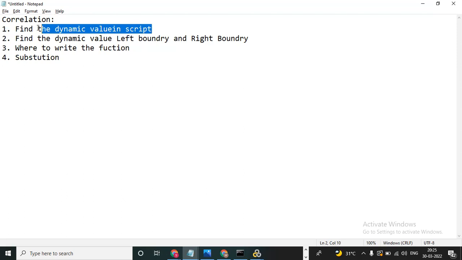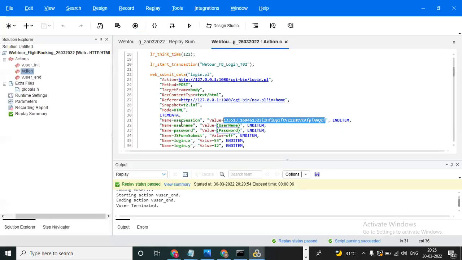First point, find the dynamic value in a script, meaning how we can find it. By seeing, I told you, okay, this is the dynamic value, but you don't know, right? To find this dynamic value, you need to record the script twice with different test data and compare using testcompare.com. For example,